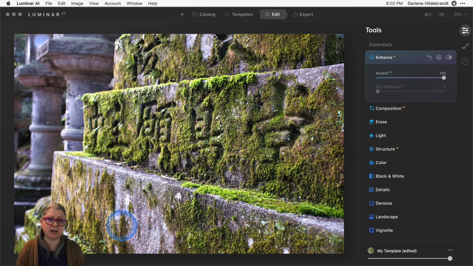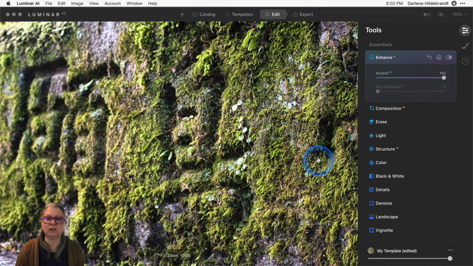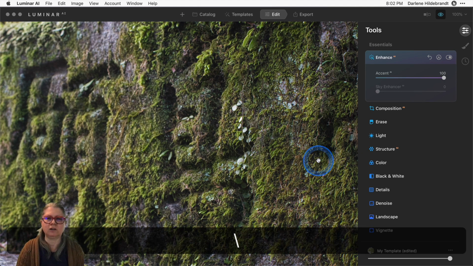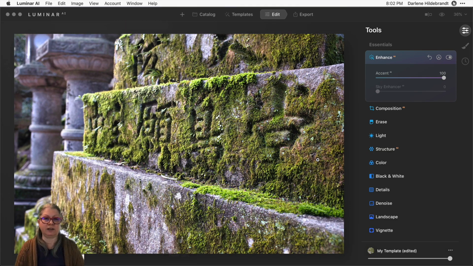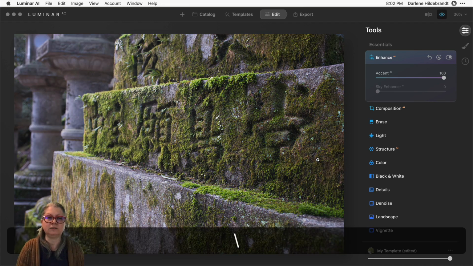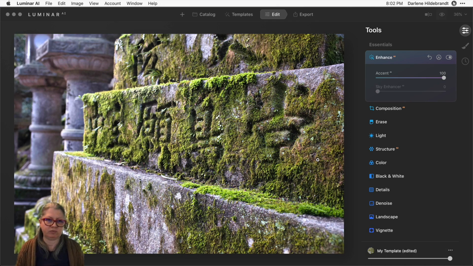It's brightening the background as well, and it's bringing out detail in this bottom area, which I might not want. But overall, when we zoom in, it's doing a really good job of giving it that extra punch right out of the gate with one slider again. So if all you did was that, it's a big improvement. I'm going to scale it back just a little bit. Let's maybe go to about 80.